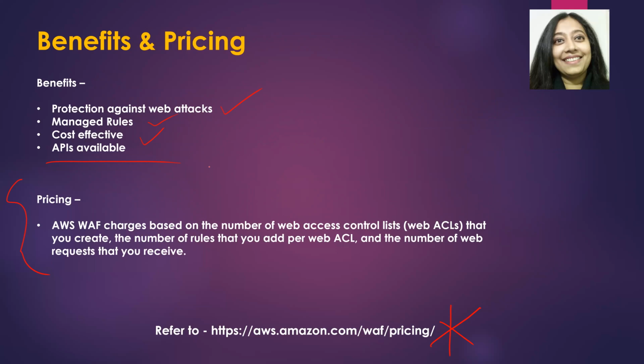Now, how does the pricing of this thing work? So WAF charges based on the number of ACLs that you have created and the number of rules per ACL. And of course, the number of requests that you receive. So these are the three parameters it uses for pricing purposes. If you want to get additional details, I strongly recommend that you visit this particular URL. There are even certain scenarios that they have described over here that, hey, if you have X number of ACLs, X number of rules per ACL, and these many requests, then this is the amount of pricing that you will have.